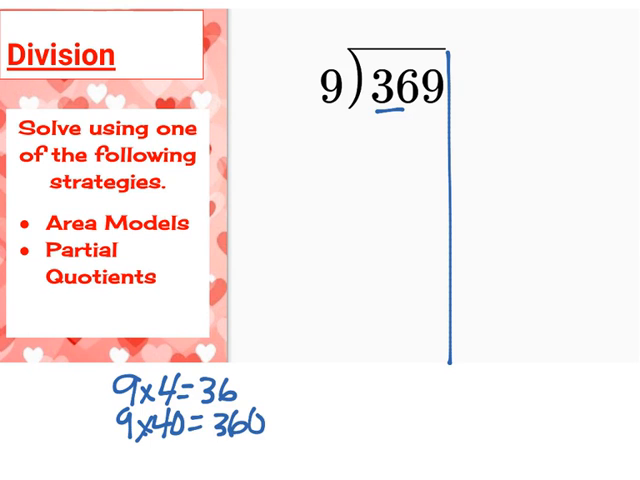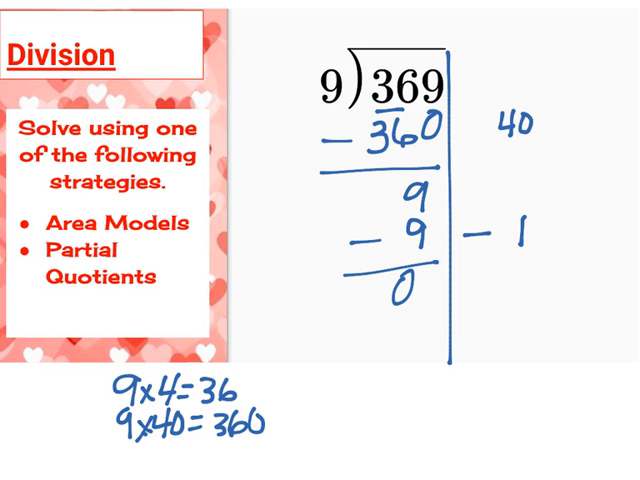And boy, that's pretty close, isn't it? And I did it times 40. I'm going to subtract, and I get 9. Well, I know 9 times 1 equals 9. Nothing left over. Add this all up, and I get 41. Woohoo! Okay, we're going to write this over here so we don't forget that's what we got on our partial